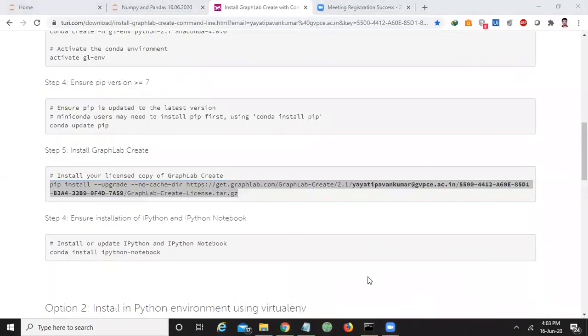Got it? Yes? Then it will start installing. 3%, 4%, 5%, like that, it will start installing. Then if it is successfully installed, close the Jupyter notebook, and restart the Jupyter notebook again, and this time in